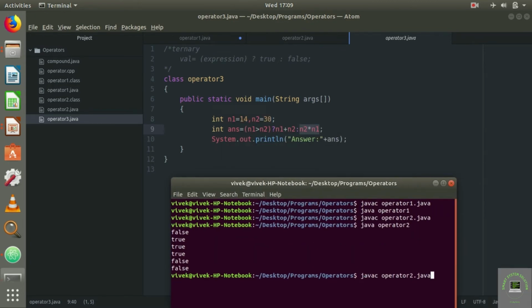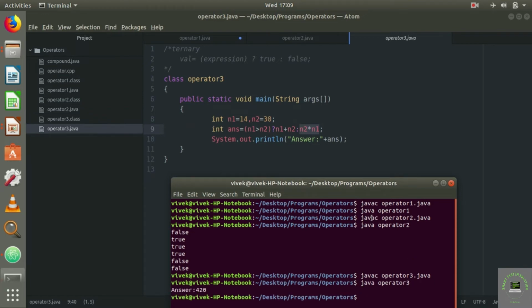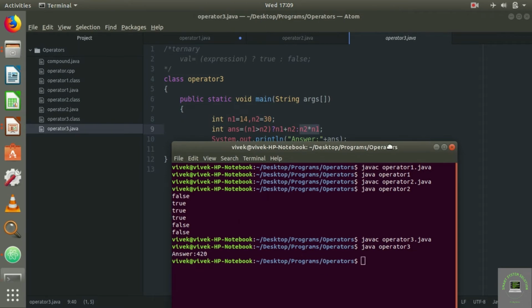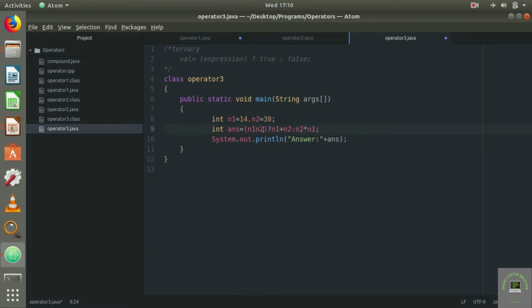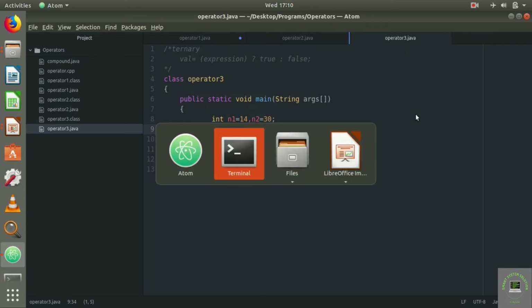Compile the code and then interpret it. So we get the answer 420. 14 into 30 gives us 420. Now let us change the operator to make the relation true. 14 less than 30, which is obviously true. Then in this case we expect n1 plus n2 to be evaluated and then return the simplified value, which should be 44. 30 plus 14 simplifies to 44,